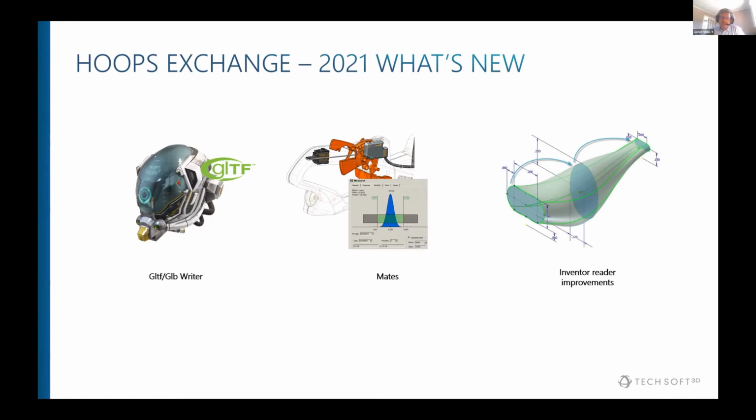So accessing the mates directly from the native CAD file will help our partners from manufacturing, digital factory, and robotic to automate their processes, their workflows when it comes to mostly, I would say, kinematics or 3D tolerance analysis, and also robot path planning, for example.